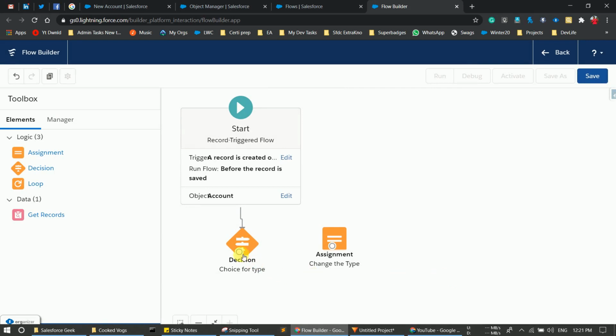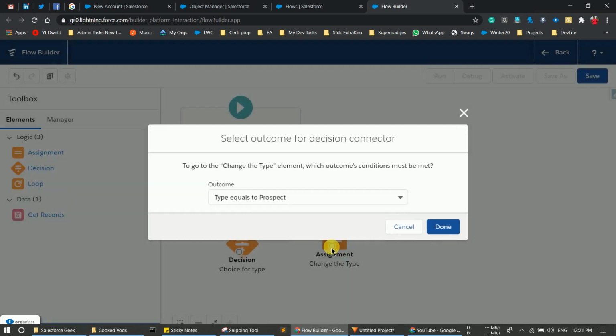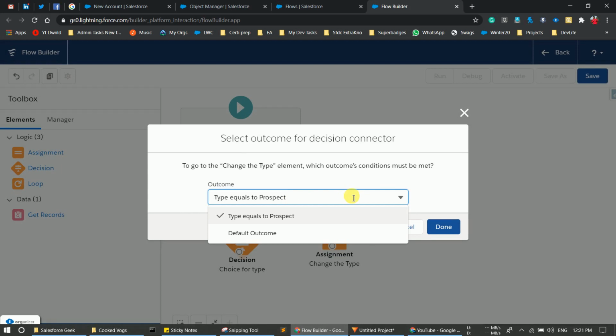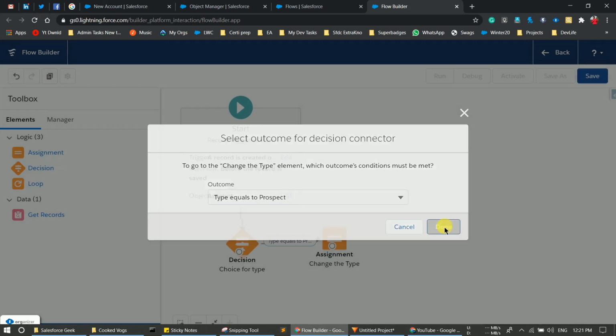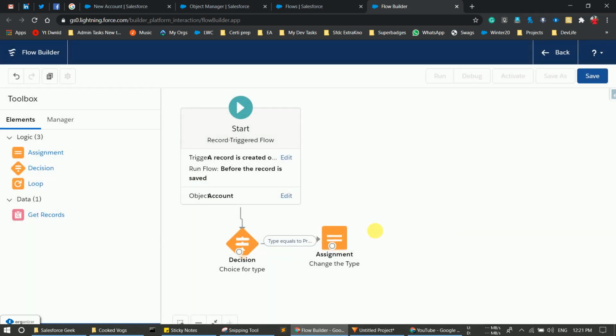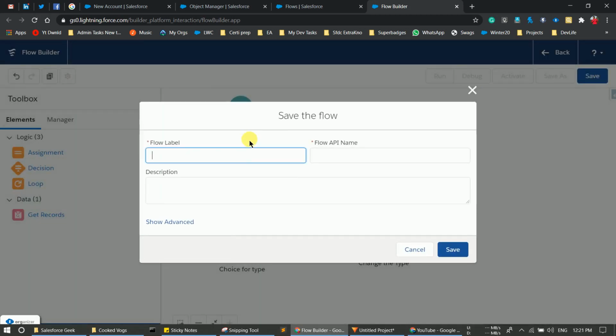Again connect the dots and select type equals prospect here and click done. As I already told you, it's a before trigger flow, so we are not having the option of update or insert elements. So save our flow. Let's provide a label, let's say account type, and save this.